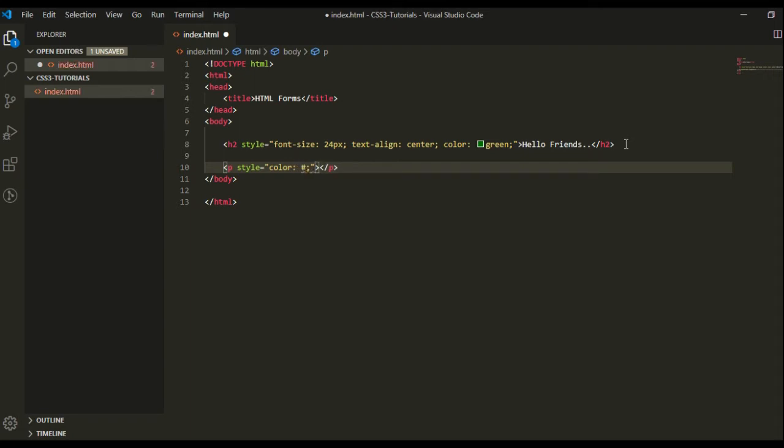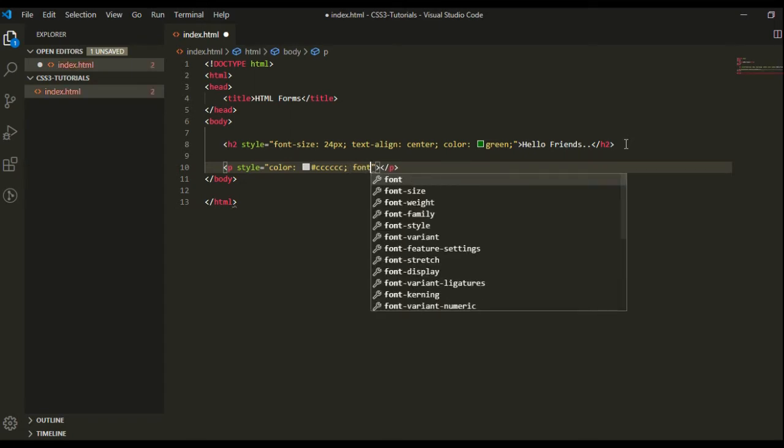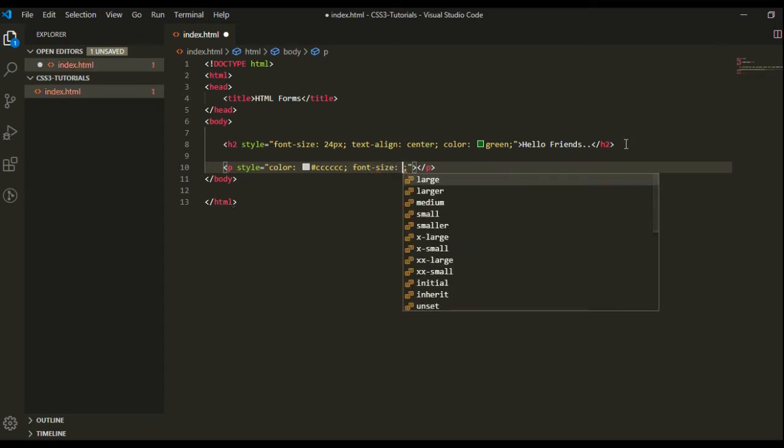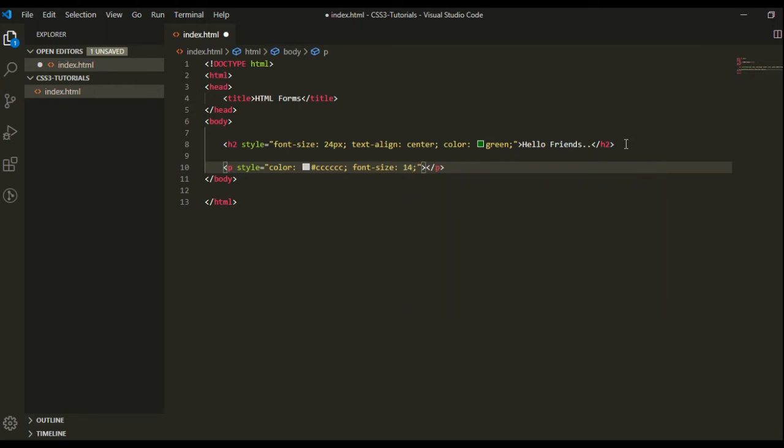With the hexa color code, you have to use the hash symbol followed by the color code. We can also give the font size for this. Here I am giving 14 pixels. We can give some dummy text here, or any description.